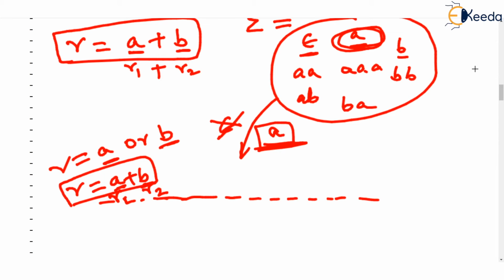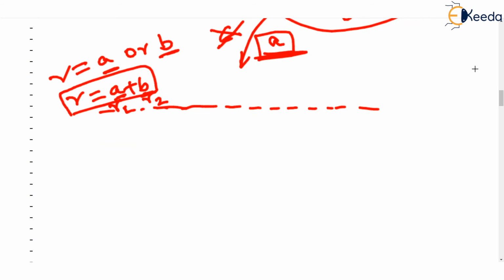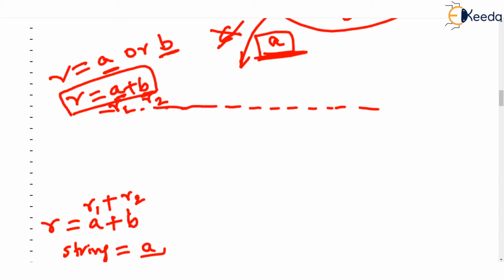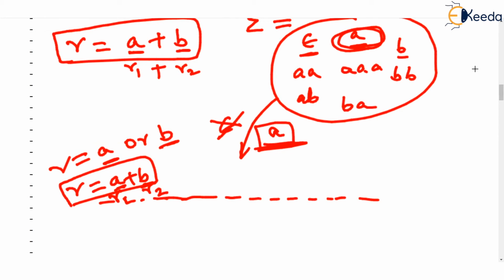I'll better write it again over here. See, we have R is equal to A plus B. This is the regular expression. You can say this is R1, this is R2, and we are finding union. And we have a string which is put under test. The string is A. And A really passes R1. Yes, it matches R1, although it doesn't match R2, but it matches R1. That means either R1 or R2 is the pattern matching condition, and A really obeys the condition given by R1. So A will go as the output. I hope you are understanding.